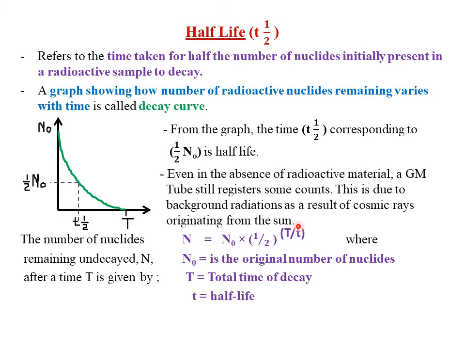So if you want to find the half-life, you simply use this formula: N equals N naught, that is the original number of nuclides, multiplied by half to the power of total time taken to decay divided by the half-life. So we've come to the end of our class today, but we need to discuss the